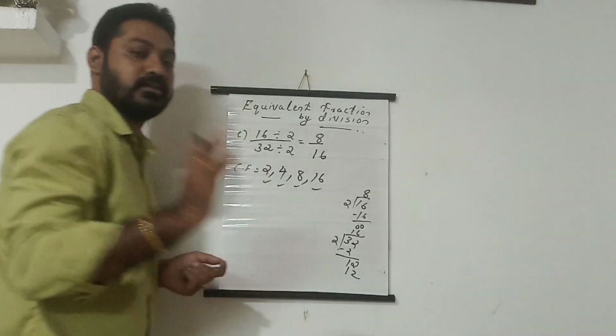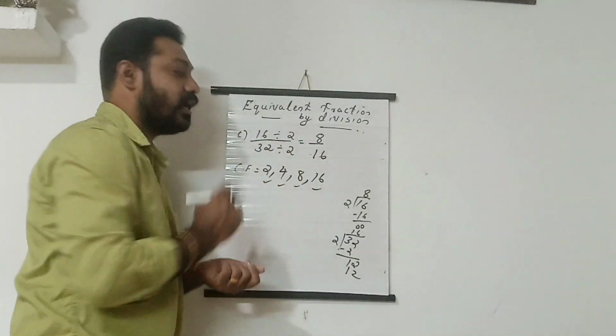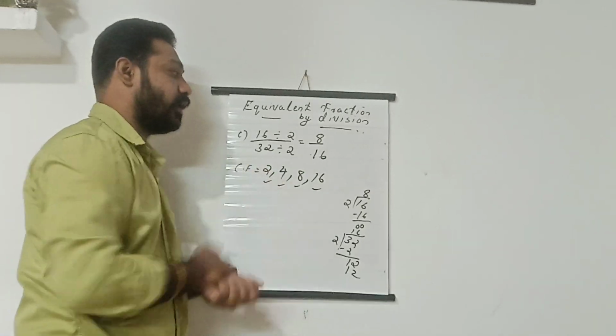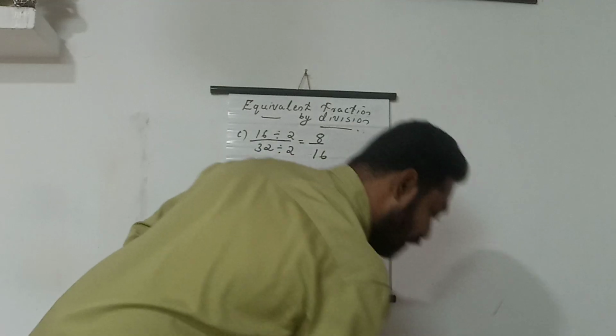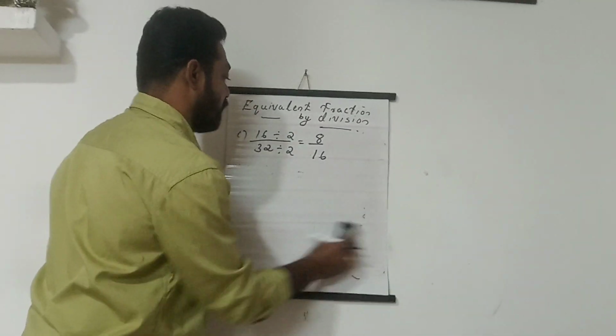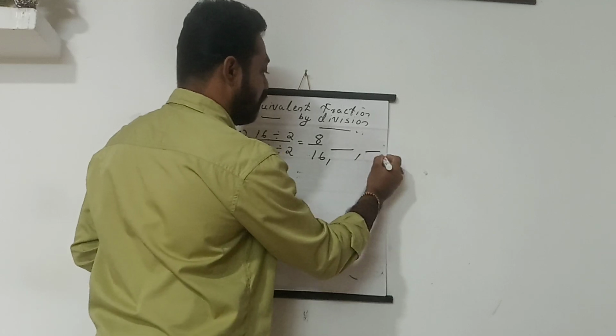8 by 16. This is the answer you got there, isn't it? In your textbook you can see. First one you get 8 by 16. In this way we got 8 by 16. Then what is the next factor? How can we write it? Now you have to find the next factors, which numbers, isn't it? Here you have to find it, isn't it?